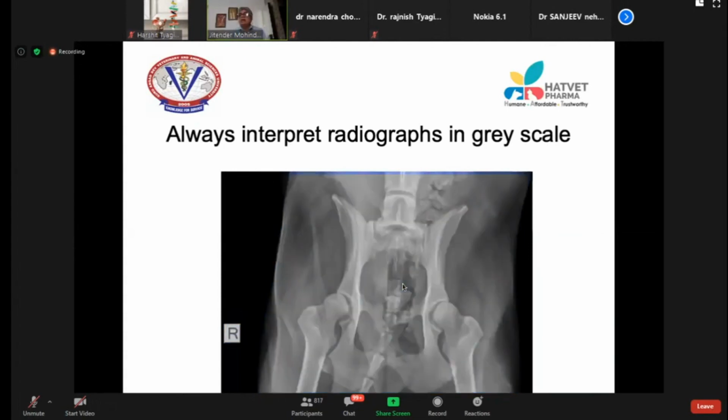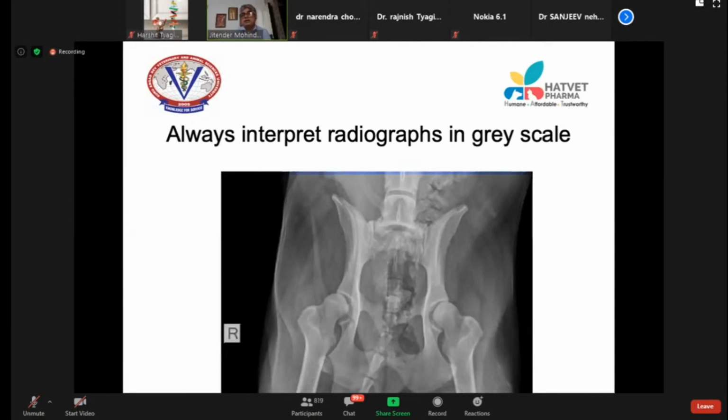A gray radiograph is easy to interpret. A blue, red, green, orange, whatever color is difficult to interpret. You are definitely going to make mistakes. So always interpret only in grayscale because your mind is trained to see a gray radiograph.